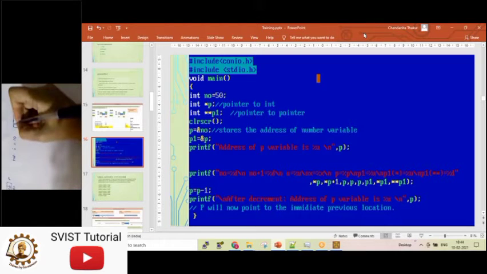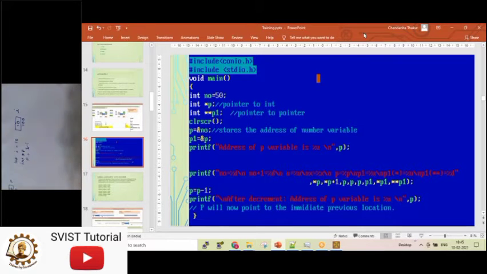And the value of that location is 10. Okay, now this location is 100. Okay, now let's say I have taken a pointer int *p and I am assigning p = &i. Okay, now what will happen?